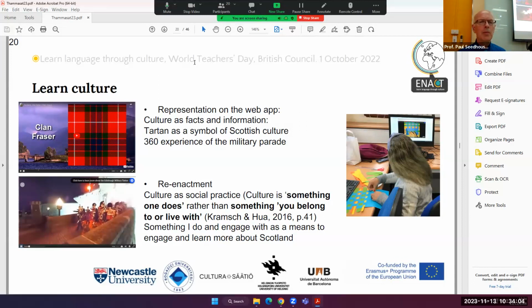And you can do both of these in ENACT. Ask the question if you want to test knowledge at the end of the test, or you can ask people afterwards to write down how they thought of the foreign culture, how they engaged with it. So we deal with both of those.